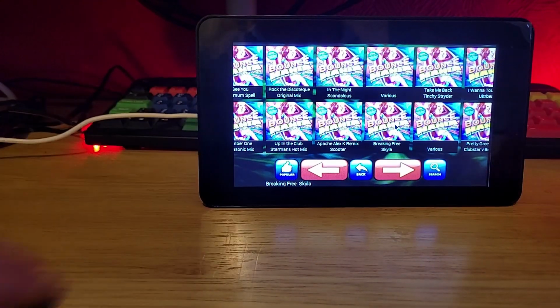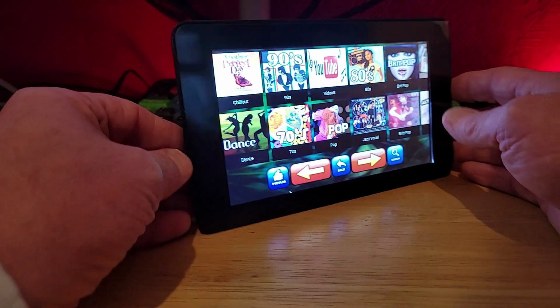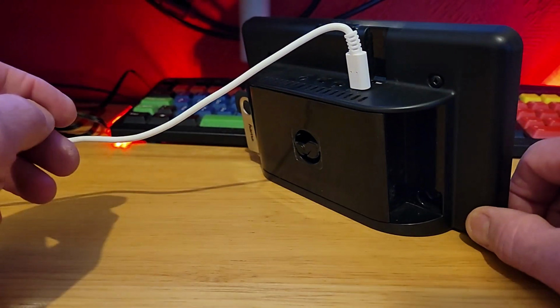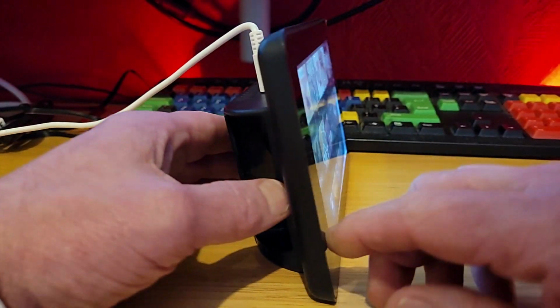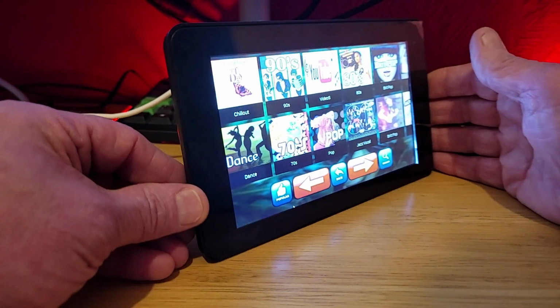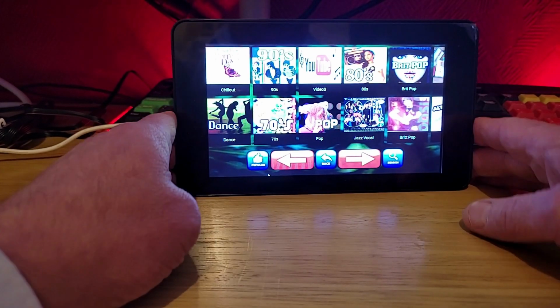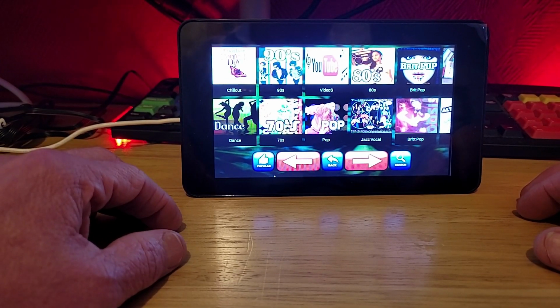Right, so there you have it, guys. A cool, compact jukebox. Looks nice. Can sit on your desktop or hang it on your wall. Looks good either way. And I think there might also be a business opportunity here for some of you guys,